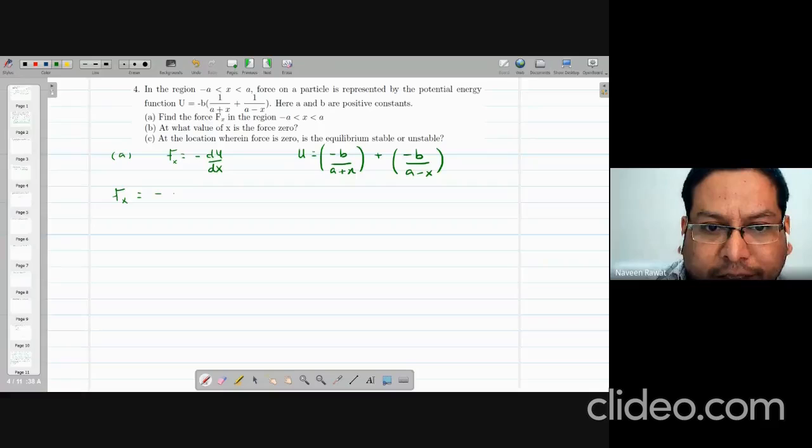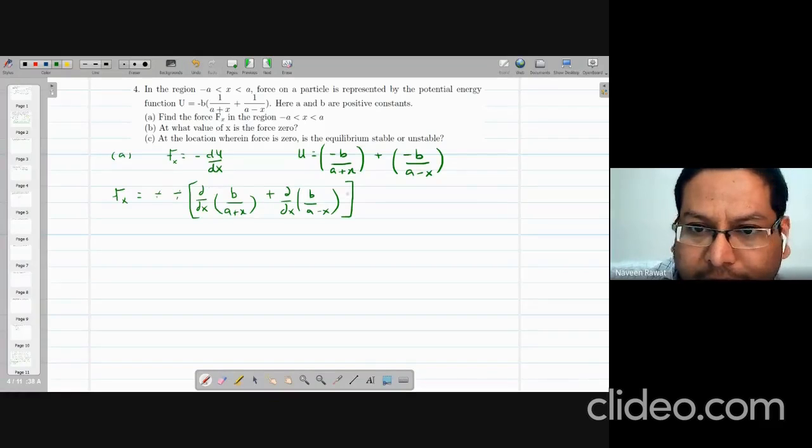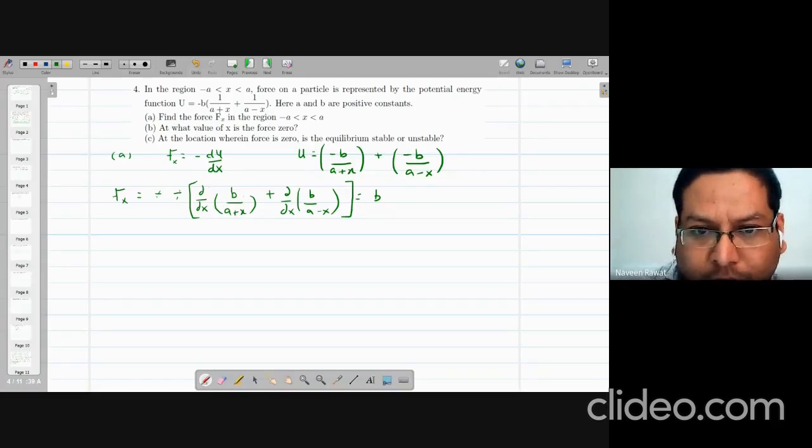So I can take that minus sign out and write it like this: d by dx of b by a plus x, that is my first term, and the second term will again be d by dx of b by a minus x. And we will try to do all the steps so that we don't get confused. So minus sign and minus sign will get cancelled. In the first step, it is given that a and b are constants, so b will come out from the first term. We are trying to find the derivative of 1 over a plus x. So it's better if you write it as a plus x raised to minus 1, and then take the derivative.